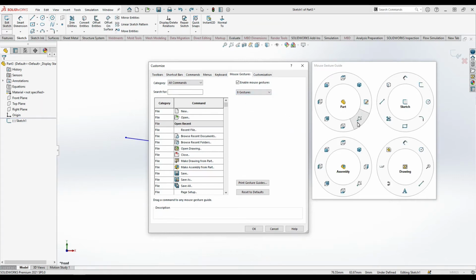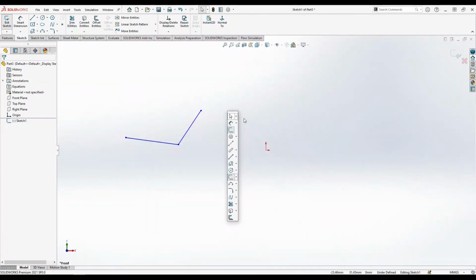And if you want to delete this one, you just click this one and drag this side, so it will be deleted. If you want to add something, you can just click and add. So it is very handy. Okay, according to your customization, according to your wish, you can add or remove the tools. Okay, how to use mouse gestures? Just click okay. Click the right button and you can see,